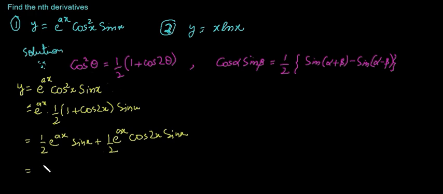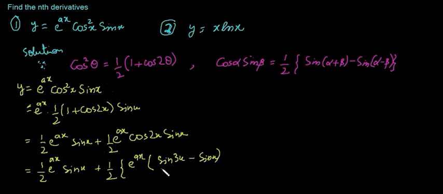So now using this formula we will simplify, so we will get e^x sin x plus 1/2, and then we will have e^x the same, and then multiplied by (sin 3x − sin x) all divided by 2. So rearrange this and simplify, you will get